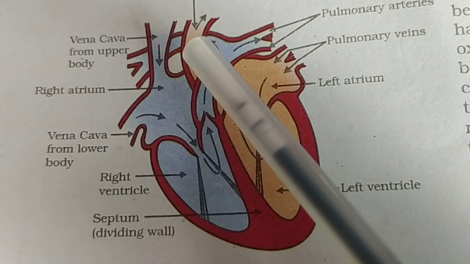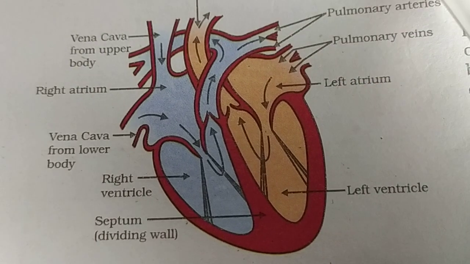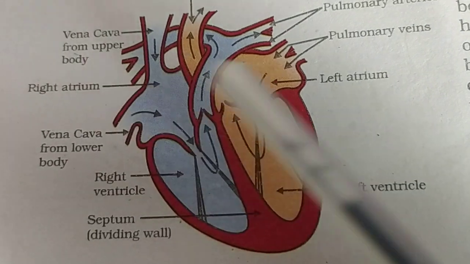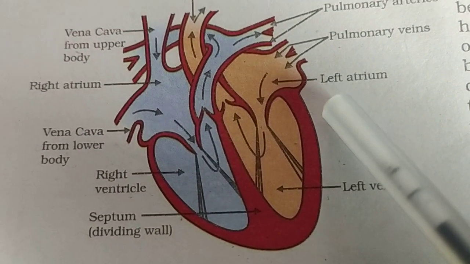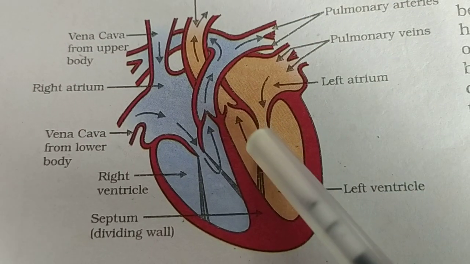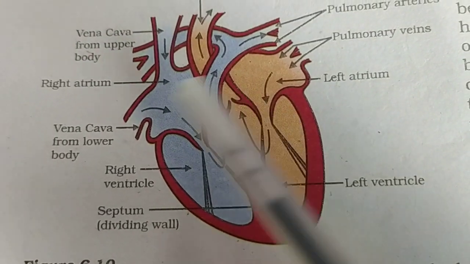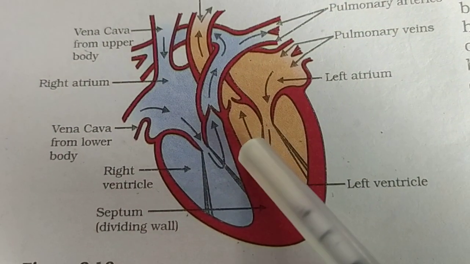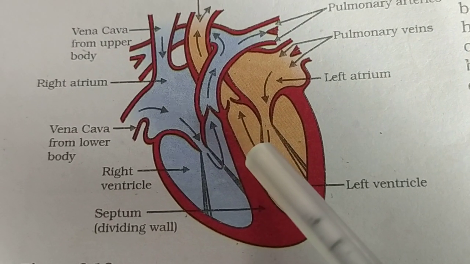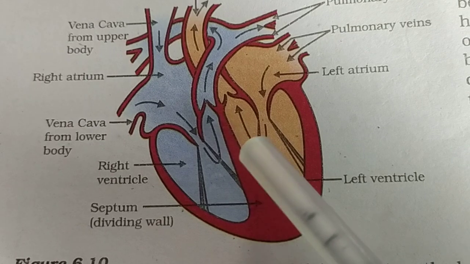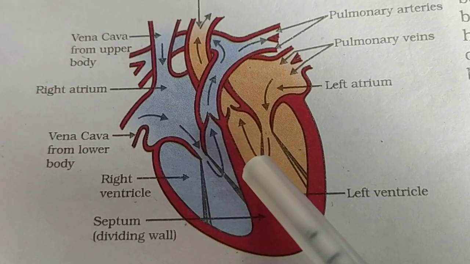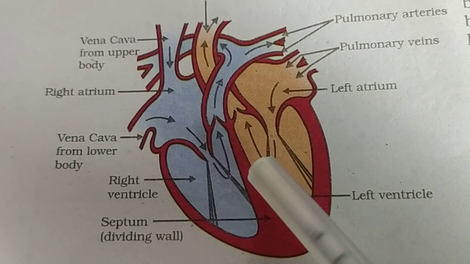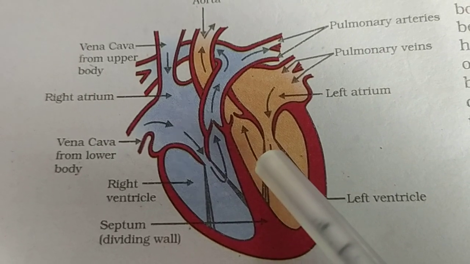Then the blood has to go to the aorta and the pulmonary artery. Half of the blood is going back to the lungs, and the other half to the body parts. Hence the blood visits the heart two times: from the lungs to the heart, from the heart to the body parts, again from the body parts to the heart, and again to the lungs. As it visits twice, it is called double circulation. So in human beings, the heart is four-chambered and the circulation is double circulation, because the blood comes two times to the heart for getting the pumping or for getting the force.